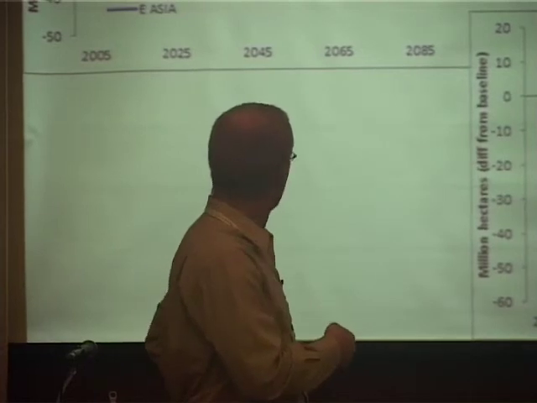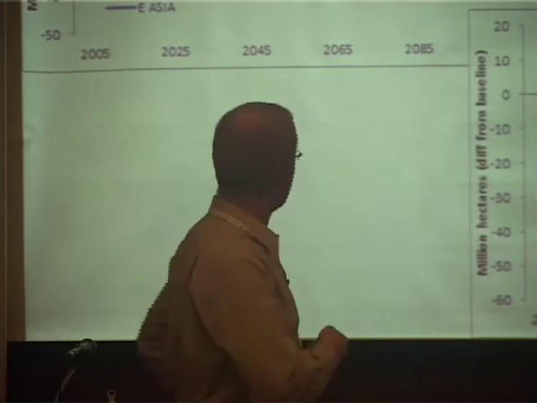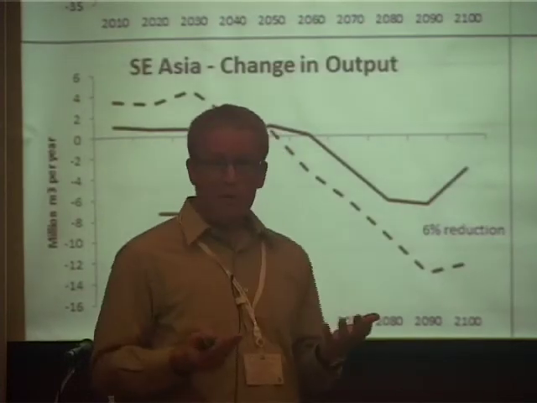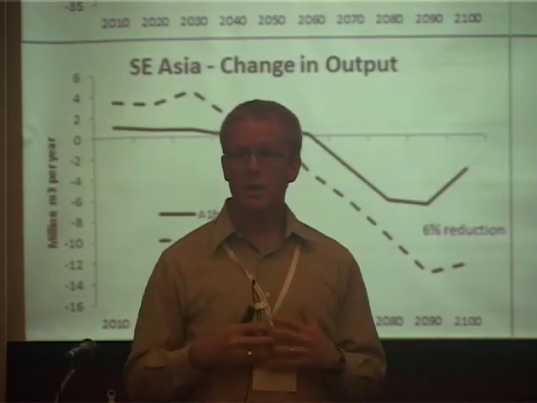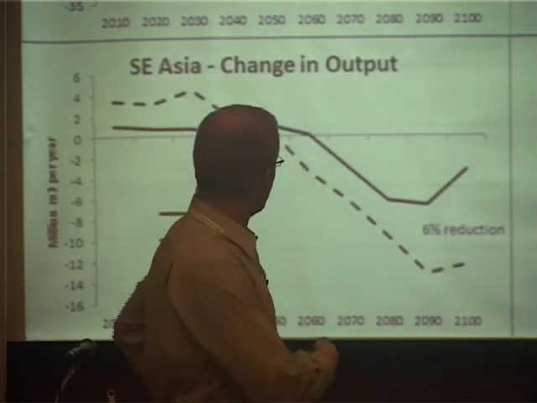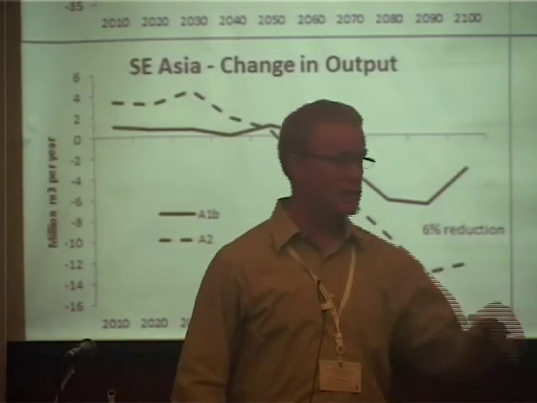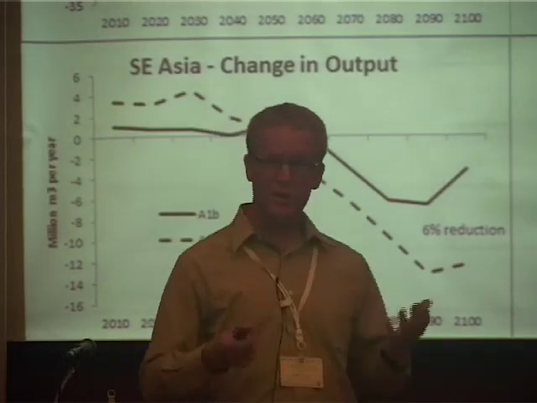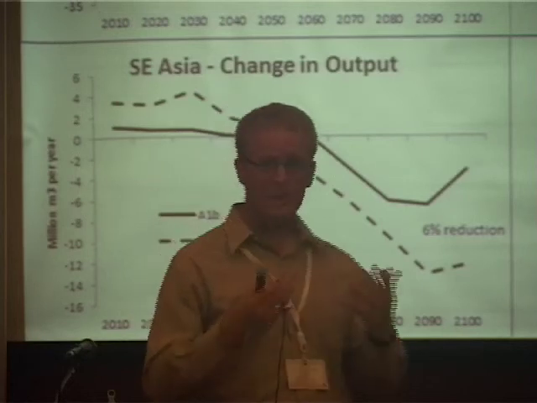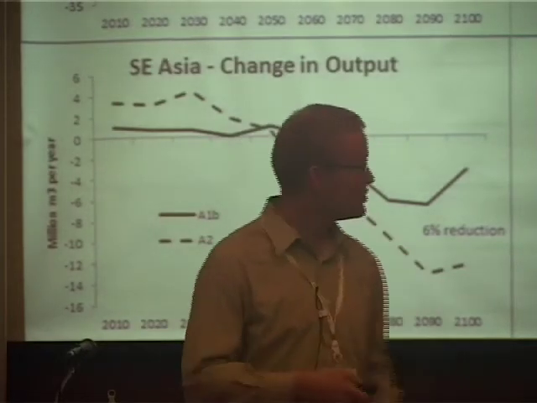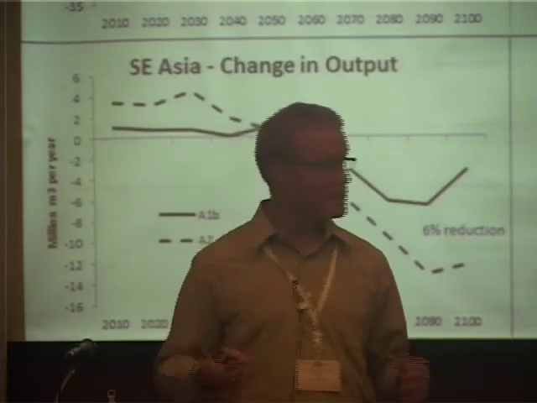South Asia and East Asia both experience slight decreases in their total forest area. Output falls pretty dramatically, at least by these projections, for most of Asia with climate change. So most regions, now actually these look pretty dramatic, but they're actually not that dramatic. They're really only 5 to 6% reductions, with a 16% reduction in South Asia. Although East Asia gets a huge reduction. Remember, East Asia is pretty small and it's not a huge set of output, so this looks really big. These are actually pretty small output reductions.